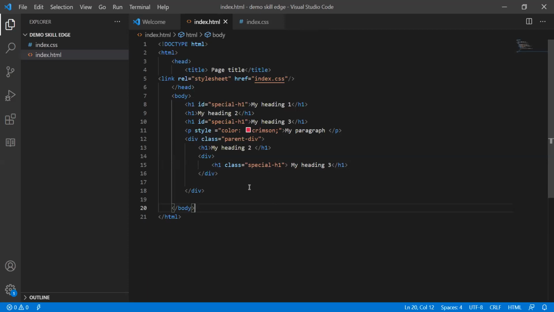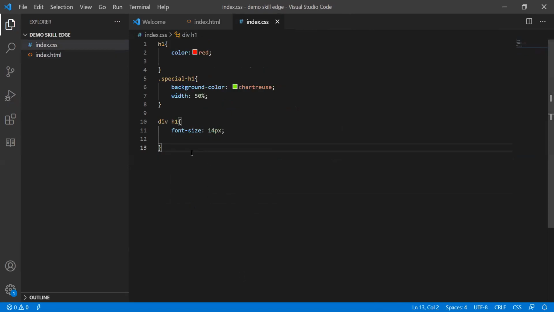This is going to be a child div here. Parent div is given and child div is given. So inside this parent div, we will apply CSS for this parent tag.